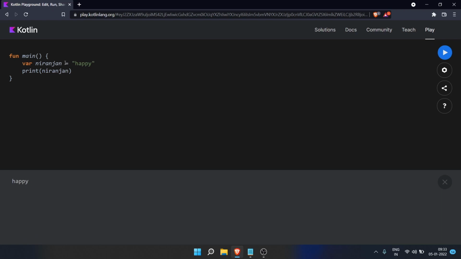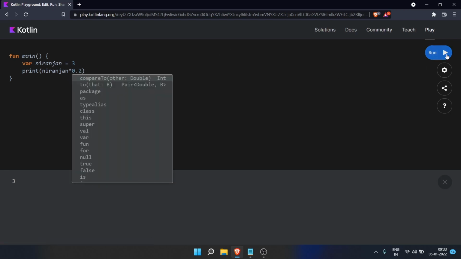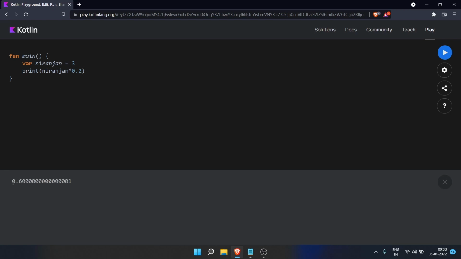But sometimes we need to explicitly mention the type. Let us write Niranjan is 3, and if I print it, it will print 3. If I multiply this with 0.2, what will be the answer? It should be 0.60001. So it is converting this to float. Currently 3 is an int, because Kotlin is a smart language.